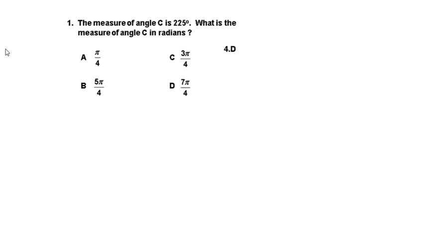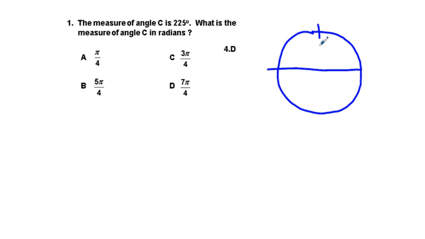And the measure of angle C is 225 degrees. What is the measure of angle C in radians? So what you could do here is you could convert the answer choices into degrees, or convert this 225 degrees into radians. And really, if you have a basic understanding of the unit circle, right, something like this, you'll know that 225 degrees would be over here,